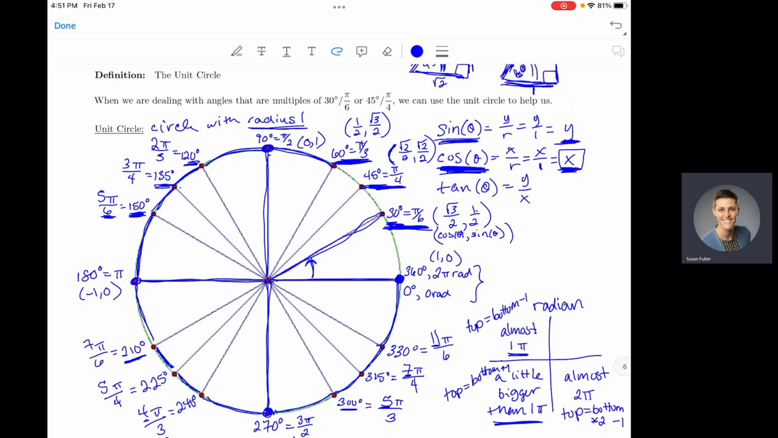So these are the ordered pairs that go along with each of our angles here. The ordered pair at 30 degrees is root 3 over 2, 1/2. The ordered pair at 45 degrees is root 2 over 2, root 2 over 2. And the ordered pair at 60 degrees is 1/2, root 3 over 2. Now to get the ordered pairs in each of our other